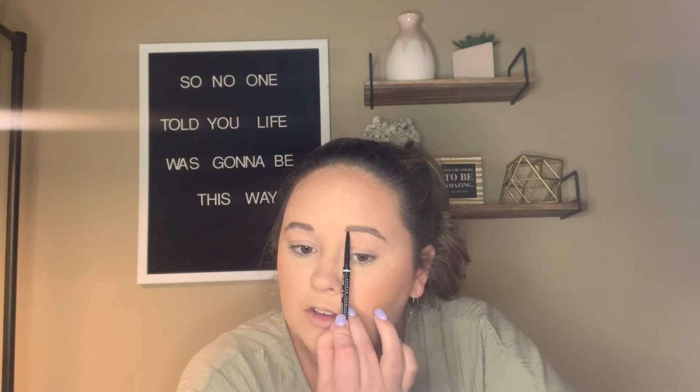So I'm just gonna brush the brow hairs up just to give it more of a natural look. And honestly, I'm probably just gonna fill in a little bit under the brow and just a little bit of the sparse areas, and that's probably it. So that is so pigmented. You only need a light hand. I'm scared now because I don't like my brow products to be super pigmented. I like to kind of build it up. Honestly, I don't know if this is the right shade for me, but